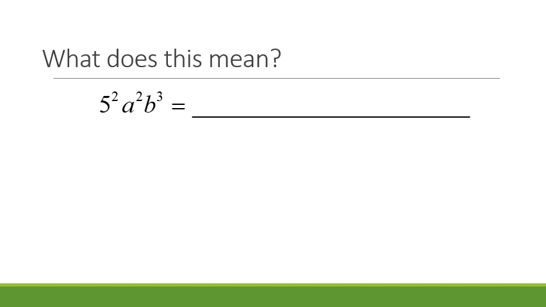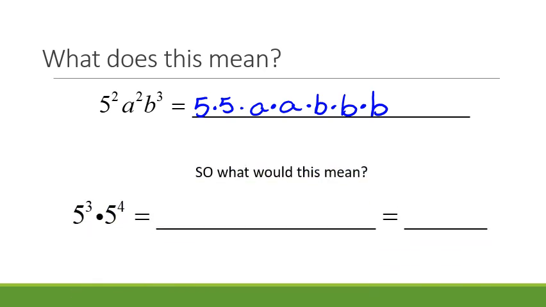So just very quickly, you don't need to write this down. So let's explore what this expression means. If I was to expand it, that would mean I have 5 times itself, I would have a times itself, and I would have b times itself 3 times. So let's take a look here. If I have the same base, meaning if I have 5 times itself 3 times, and then times 5 times itself 4 times,